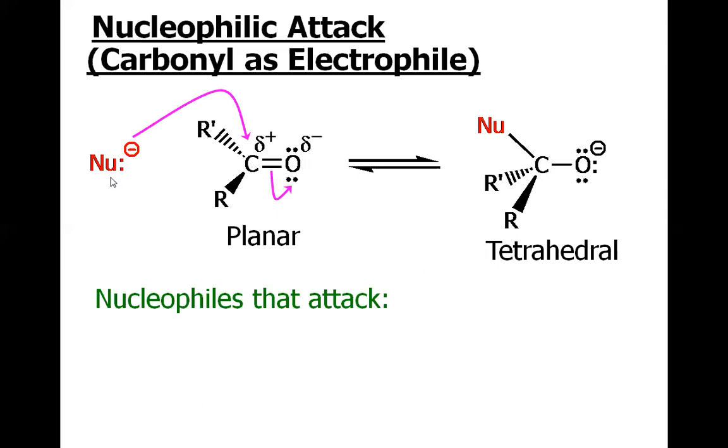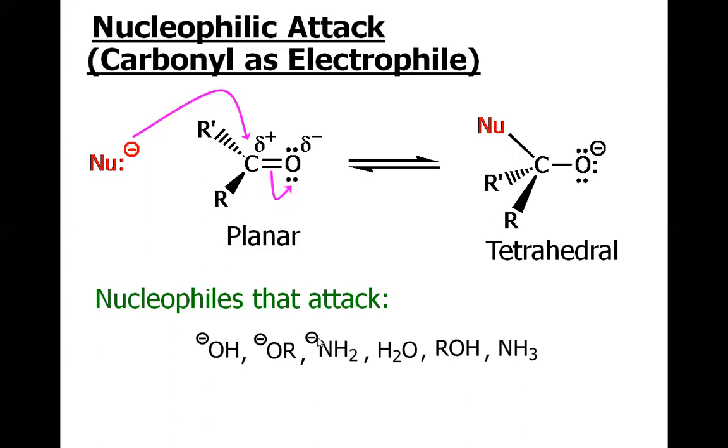So what is the nature of the nucleophile that attacks this carbonyl carbon? We have a variety of nucleophiles that could attack the carbonyl carbon, such as the hydroxide, the alkoxide, the amide. Even water could attack, especially in the case of formaldehyde, that is, hydrogens on both sides. Alcohol may also attack, and ammonia.